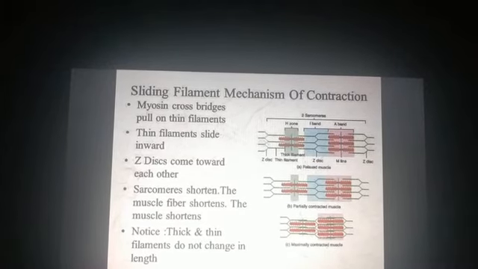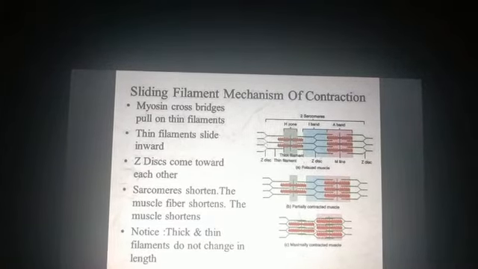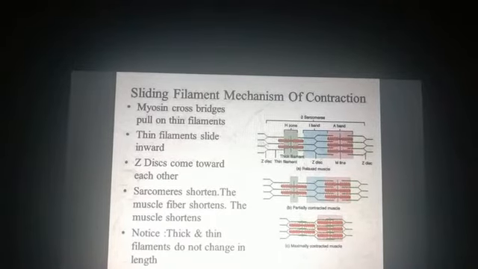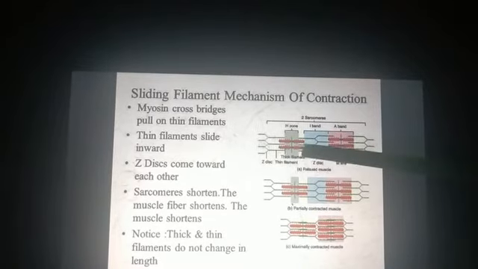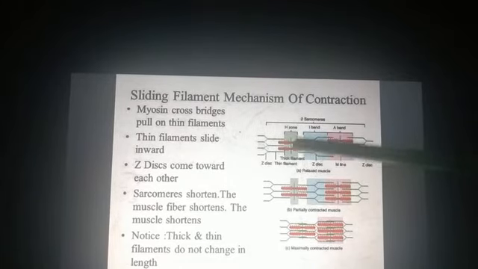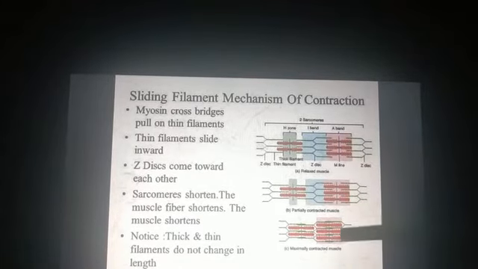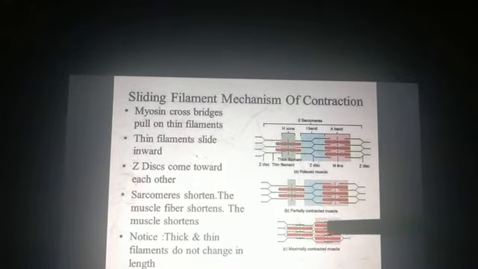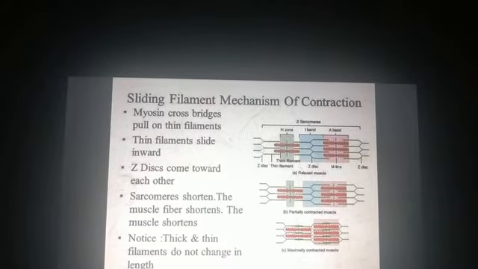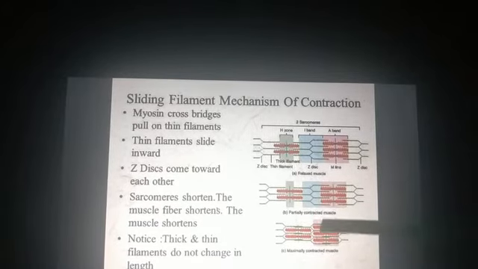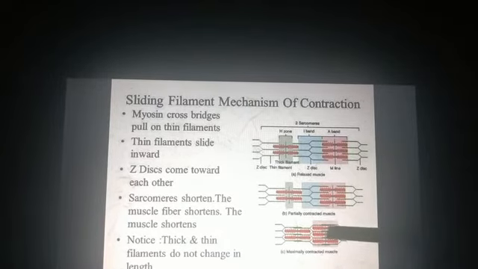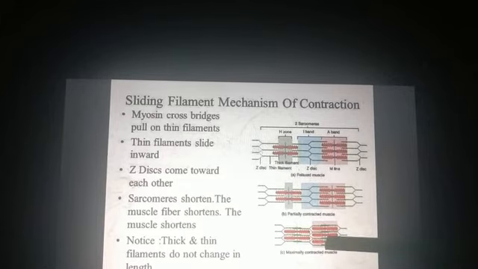Now let us see how muscle contraction or how the movement will occur. So during muscle contraction, the myosin head or the cross bridge, I'll show you, this is the myosin head. Can you see this part? So during muscle contraction, the myosin head or the cross bridges, they come in close contact with the thin filament, that is with the actin. So myosin head or the cross bridge, they will come in contact with the actin.